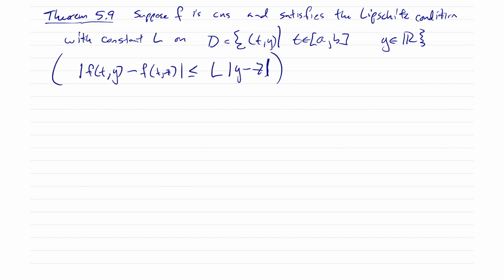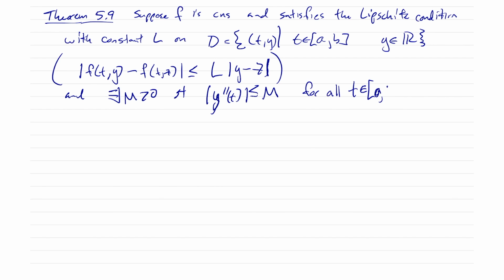Okay, so then, oh man, there's more to this theorem. So we've only started the beginning of this. So we're supposing that f is continuous and satisfies the Lipschitz condition, which I just told you what it is, and there exists an m bigger than 0 such that y double prime of t in absolute value is less than or equal to m for all t in, say, a to b, and